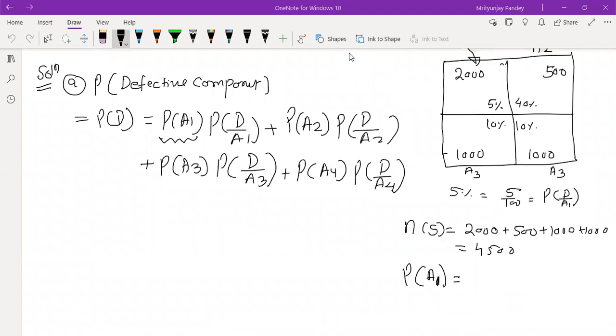So this P of A1 is nothing but, I can write it in detail if you want. P of A1 is nothing but probability of